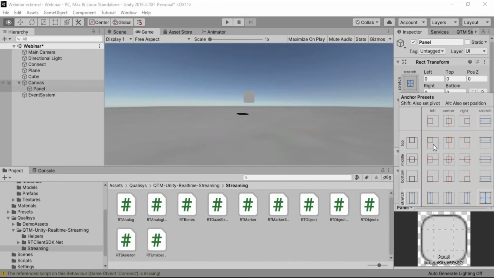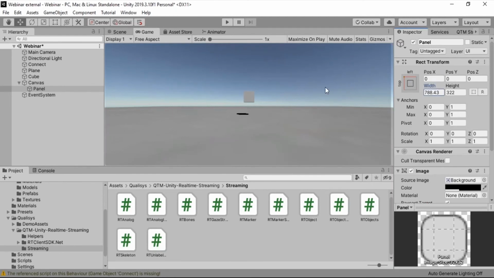So I hold in Alt and Shift, that places it and everything in that corner, and then I make it way smaller. We want to have it maybe 200 pixels by 100 pixels, something like that, and have a little bit of distance from the end. There we have it,